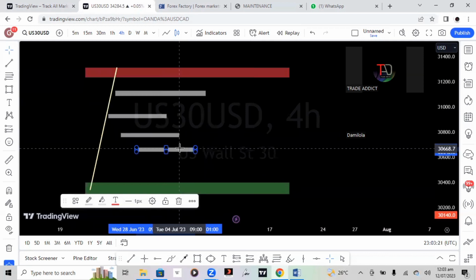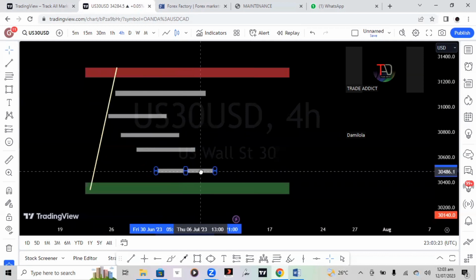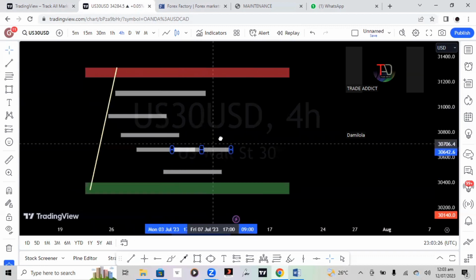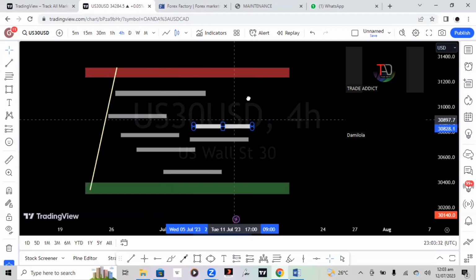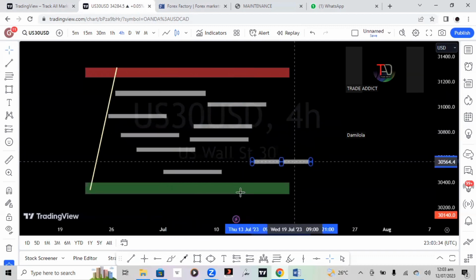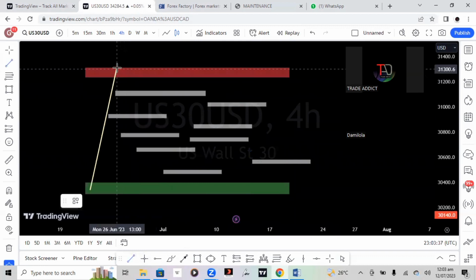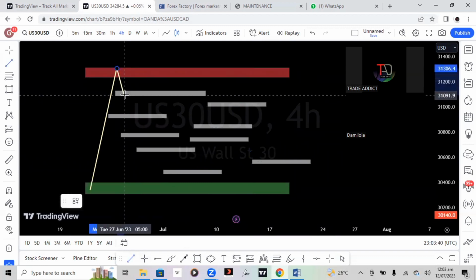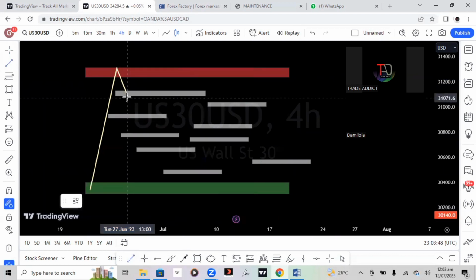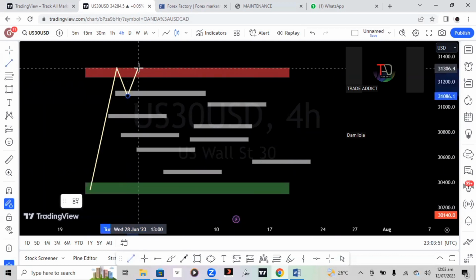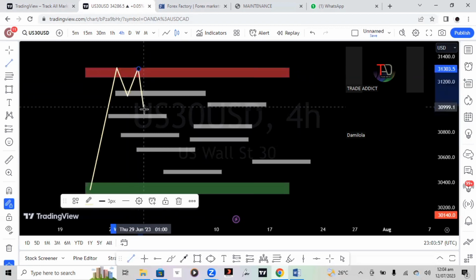So in a situation where price starts creating a series of support and resistance, hold, hold, hold. Okay, so let's assume price came to this support level. Price respects it and price buys off. Price came back to our major supply. Price respects it as well. Price came back down and broke out of this support.